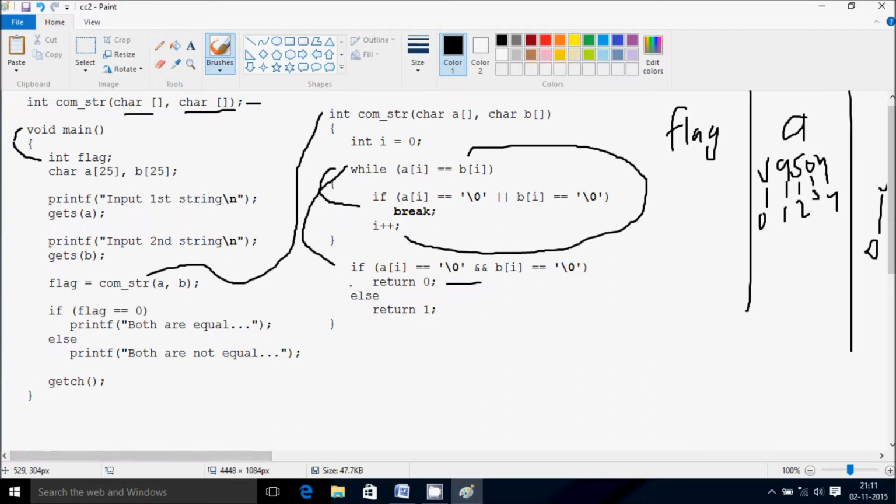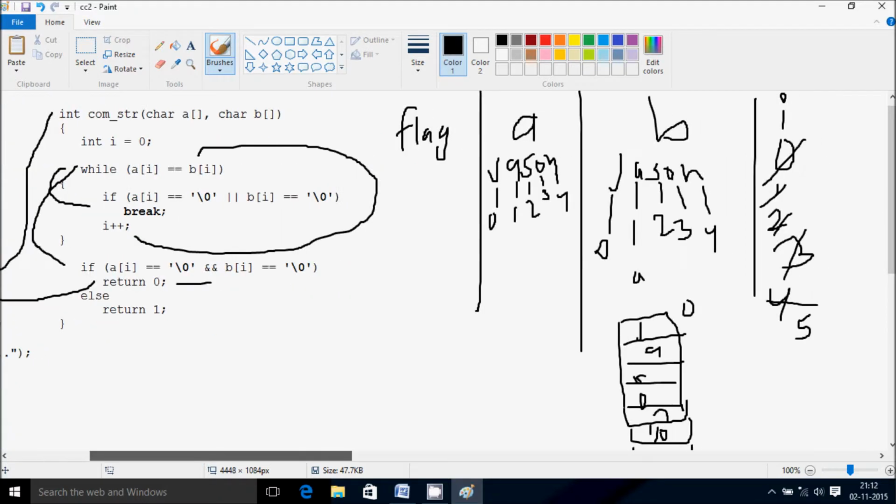Now from here control comes to this position again. So there that will get 0. So flag becomes 0. Now that will go inside and that will print both are equal. And after that, that will take one input from the user, getch function, to take one input from keyboard and terminate the output screen. Now this time I'm going to give at here